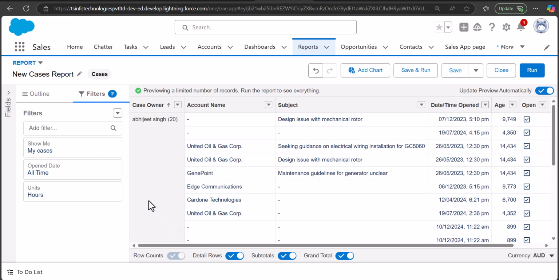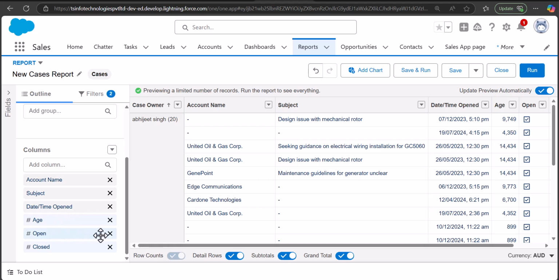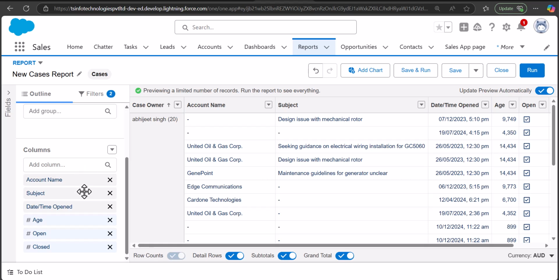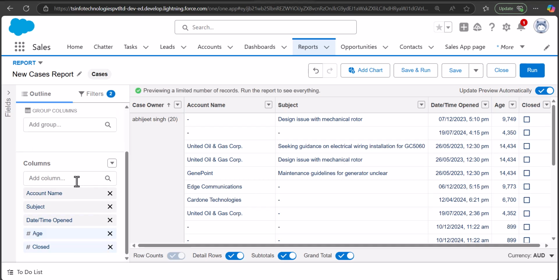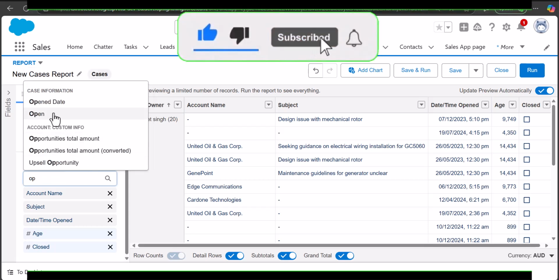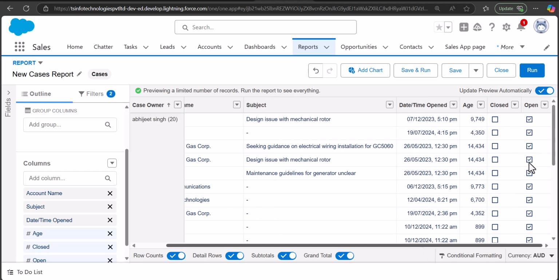And in this example, we are creating the report for the open cases. So make sure in the outline you include the open field here. And in case you can't see the open field here, then you can search and select it from the search bar. For example, I will show you how you can add it. As of now, I will remove the open column. Now I have removed the open column from the report table. To include the open column, I will again go to the column search bar and here search and select the open column. As you select it, you can see the checkbox field of the open cases appearing